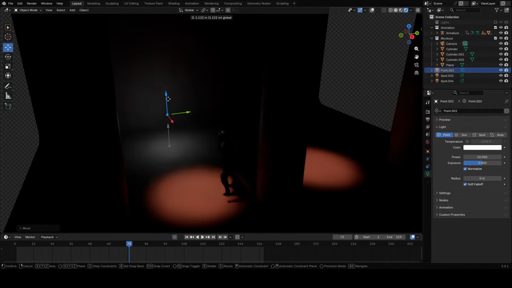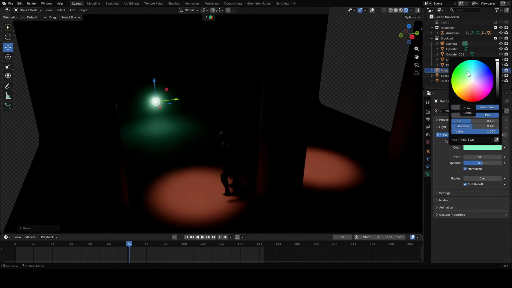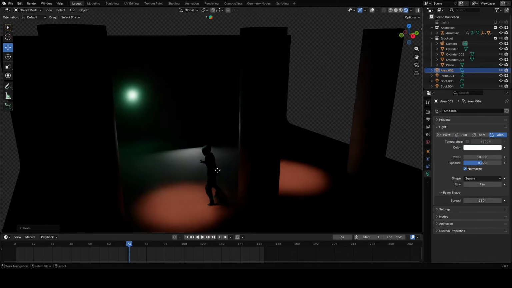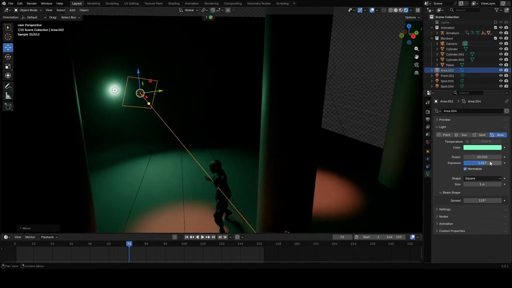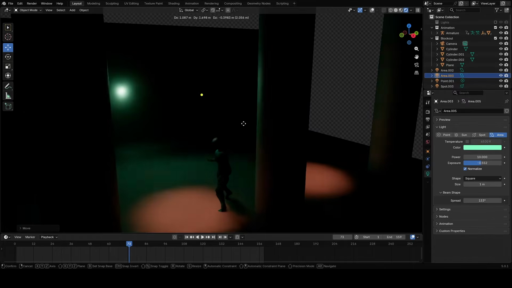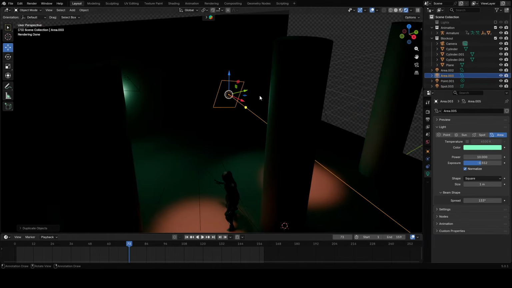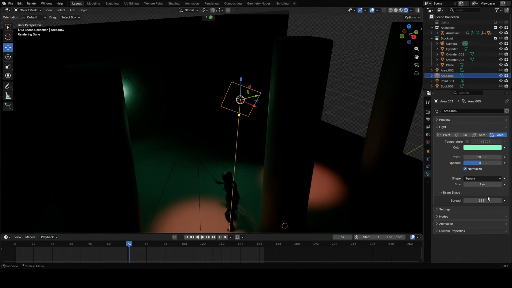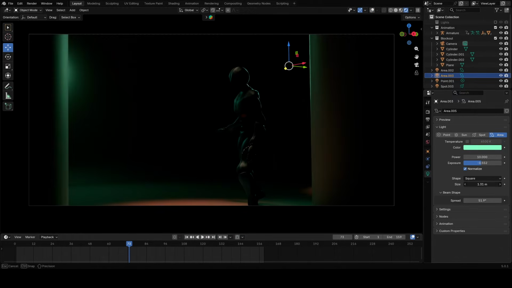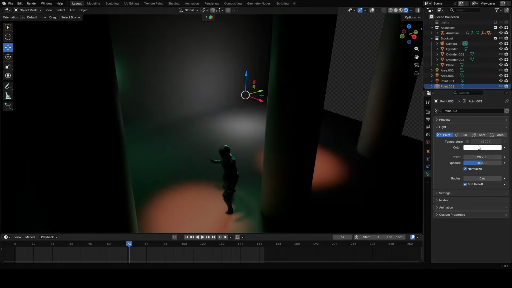Next, I added a green point light in the back to create a color contrast, along with an area light in the same green to softly lift the character. For the rim light, I duplicated the area light again and narrowed its spread so it hits the character in a more detailed way. To make the lighting more interesting, I added another red tinted point light in the back